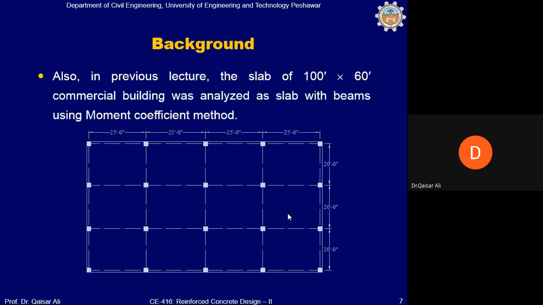Every panel was 25 by 20 feet. Long to short side ratio was less than 2, and every panel was analyzed with the two-way slab ACI moment coefficient method. In the ACI moment coefficient method, if you remember, there were tables, and we use those tables. The tables basically depend on the end condition of the slab panel and the short to long span ratio, which